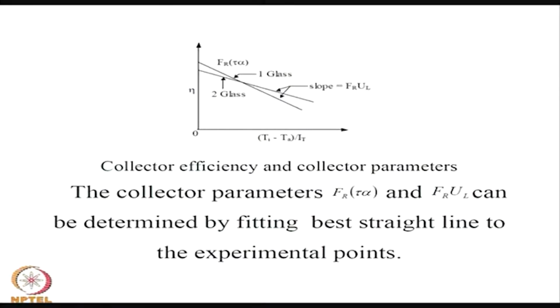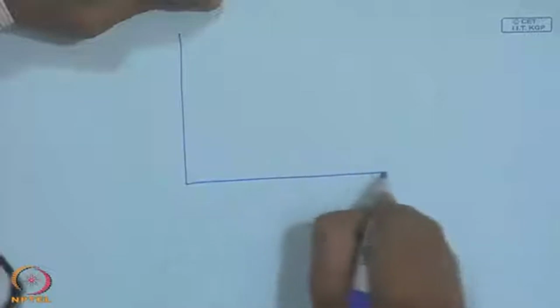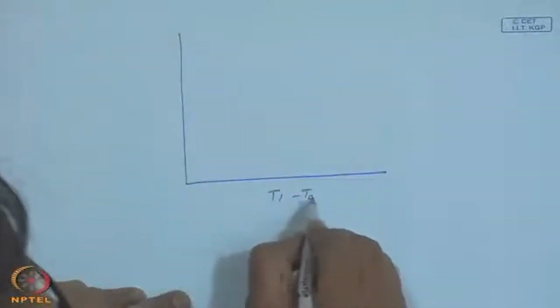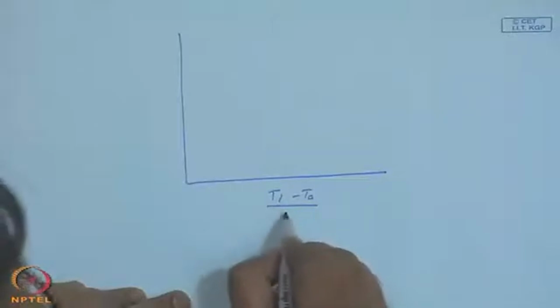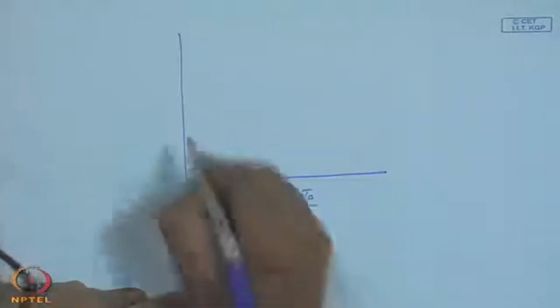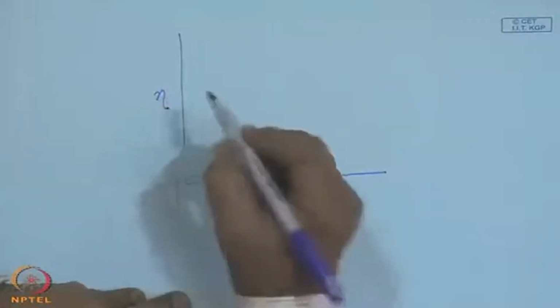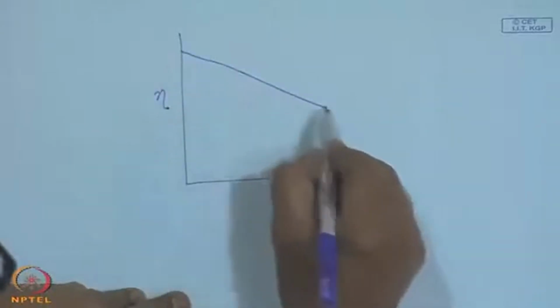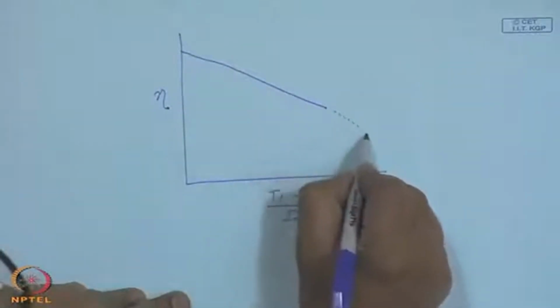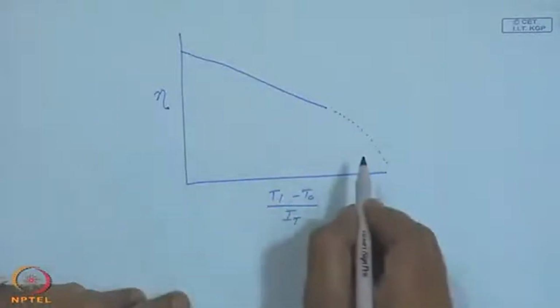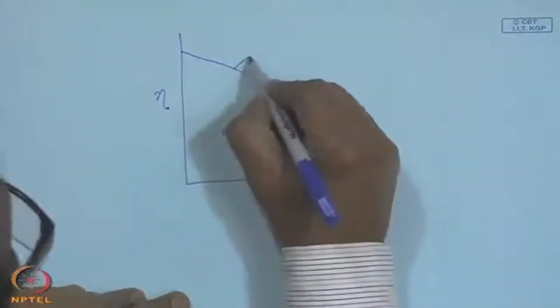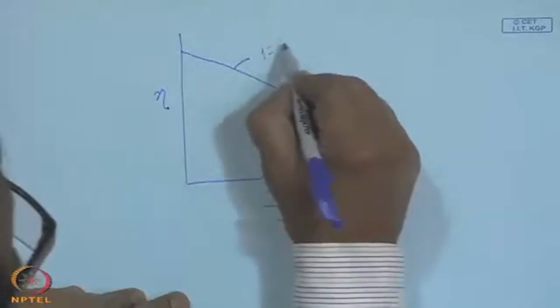So, we found that the efficiency varies linearly with the parameter (T_i minus T_a) upon I_T, and here is efficiency, and you will have the best straight line fit, and beyond this point it may be nonlinear, decreasing quickly. And this, if I say it is for one glass,